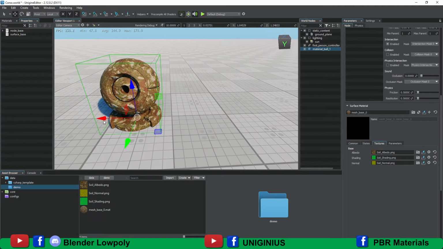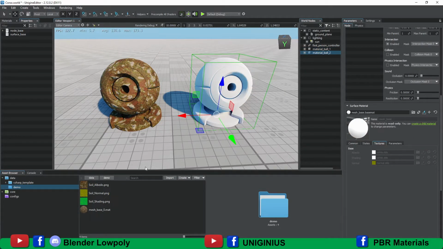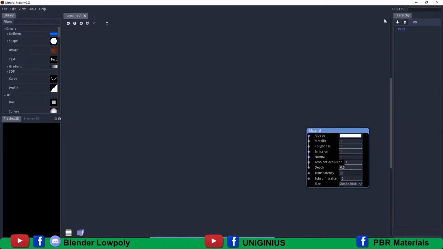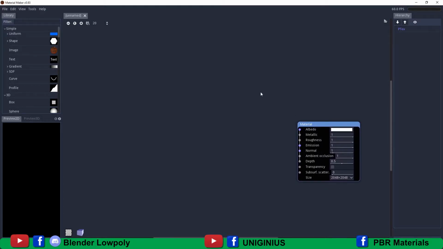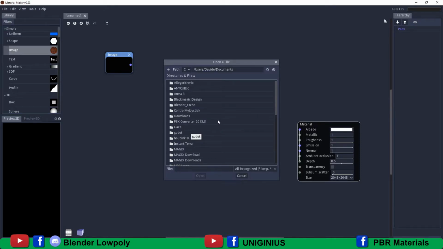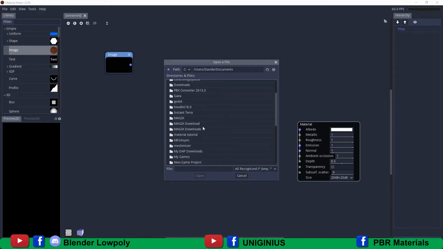I duplicate this. Okay, I remove all the material here. I create a new one. Okay, it's empty, and I create one folder where I put the new texture. Okay, go into Material Maker, version 0.93. It's very easy. I import an image, so I drag and drop this node. For this image I choose the folder where my texture is. In this case I put it in Documents, so I go to C, user Davide, my name, Documents, material tutorial, soil,